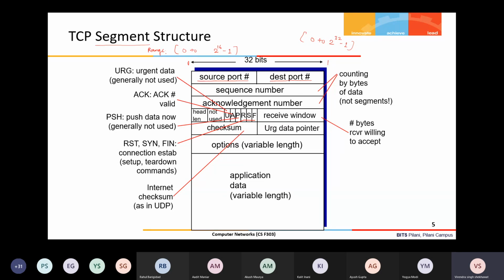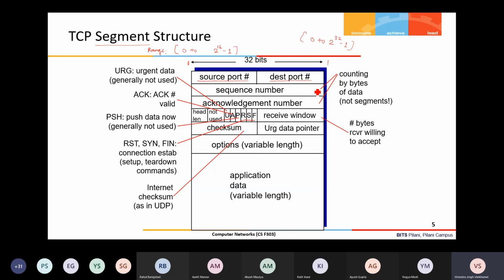It is not a packet sequence number. So far, whenever I have explained selective repeat reliable data transfer or go back N reliable data transfer, we talk about packet 1 sent, then the corresponding acknowledgement comes, then packet 2 sent, and then ACK 2 comes. But TCP is not a packet oriented protocol, it is a byte oriented protocol. So the sequence numbers correspond to the bytes.